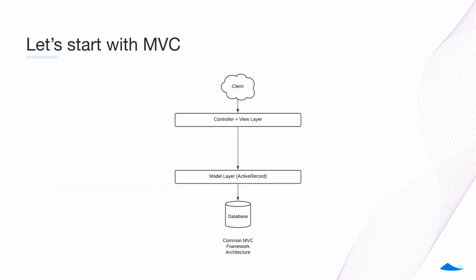So first, let's talk about what our app might be today. Many people use, whether it's Django, Flask, Rails, you name it, a lot of MVC frameworks. I know some of them are not called MVC. Some of them are model-view-presenter. I'm just going to call them MVC just to make life easier for myself. If you think about it, you've got a client, the top layer, you have that controller-view layer, and then you have the model layer, usually some kind of active record pattern, which is your ORM,